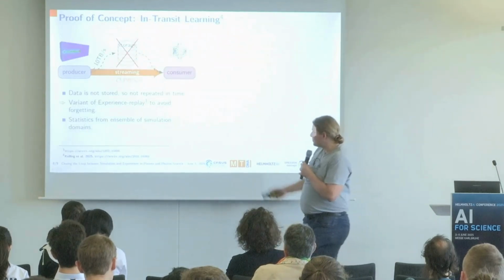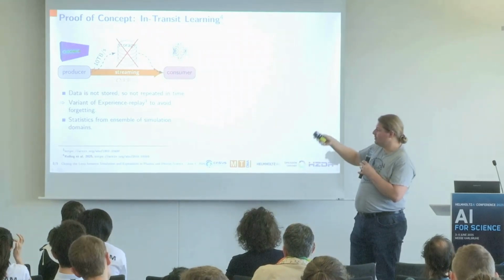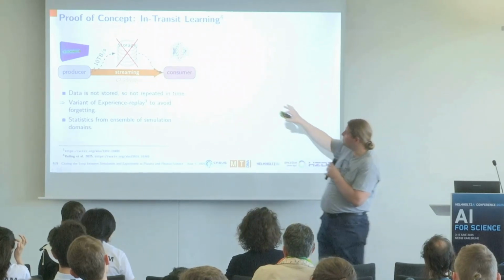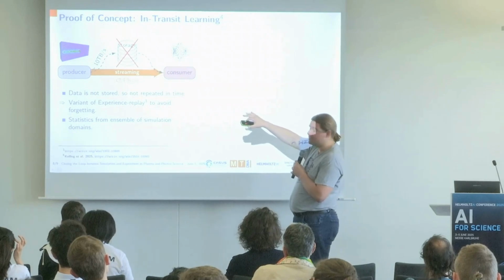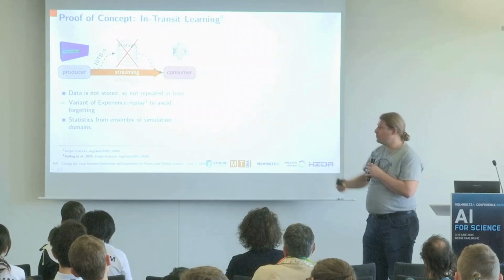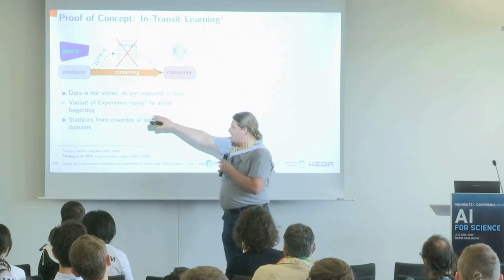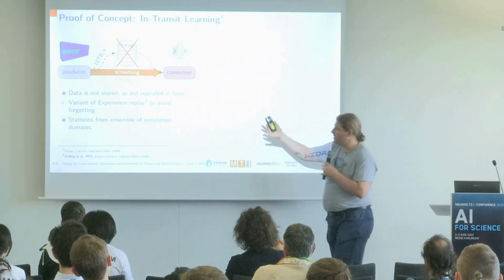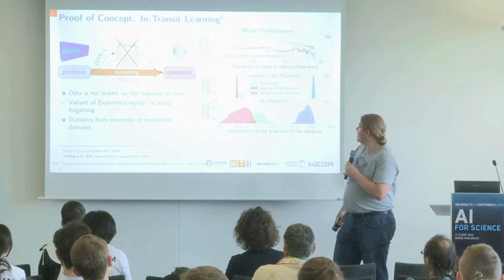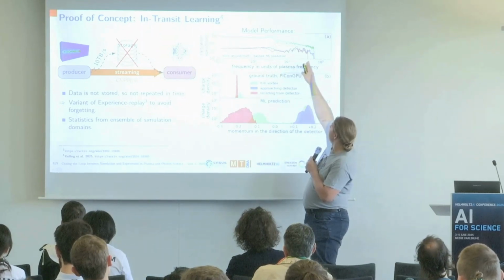So the data here is not stored, not repeated in time, in order for the network to not forget what it has learned over the simulation time, because in this case we just stream from one simulation, this experiment, not like an ensemble, so we don't actually transfer, we just extract patterns from one run. And so we use experience replay to have a buffer of some of the earlier samples which we always mix in. And the results here basically show that the network has learned to